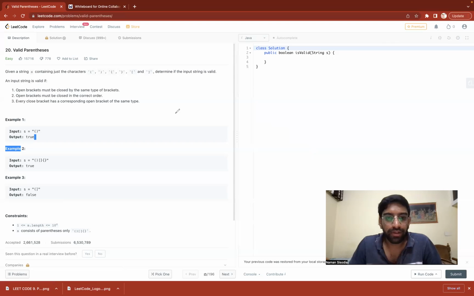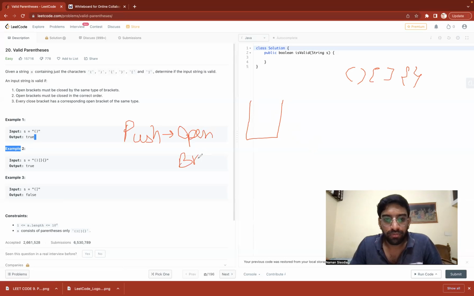Suppose I define one stack, and suppose this is my input string. I can simply push in the open bracket. So whenever there is an open bracket, push it in the stack. Whenever there is a closing bracket, pop from the stack